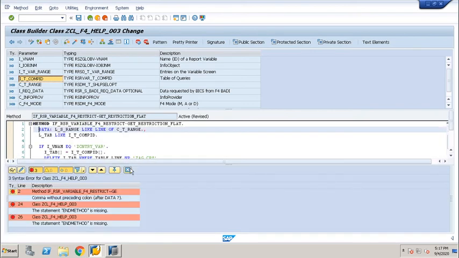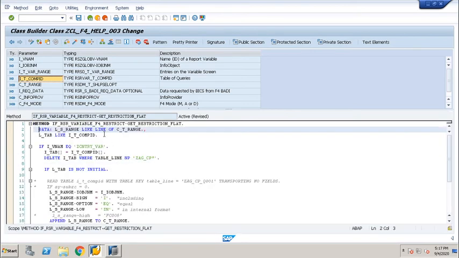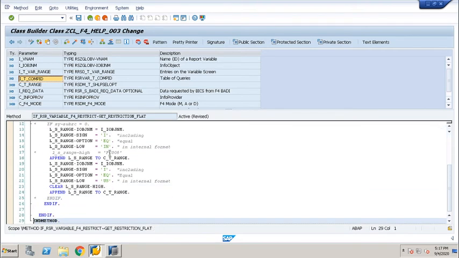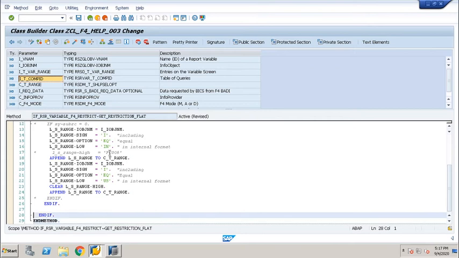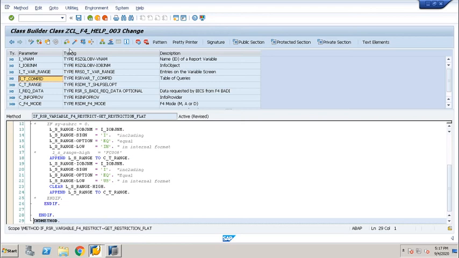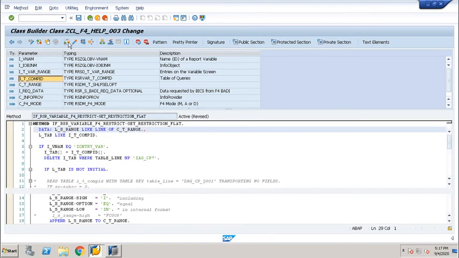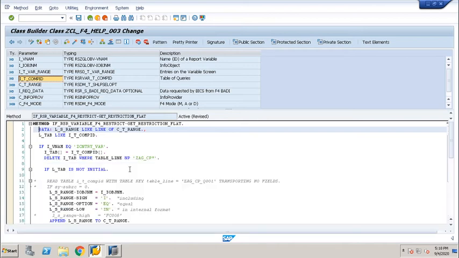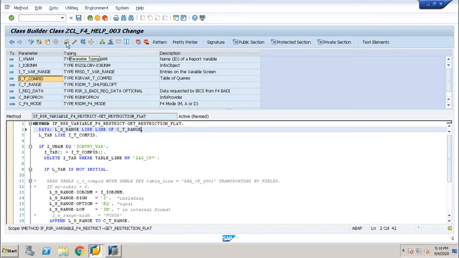Okay, something is wrong with this method. I have to check the LTAB file name. End of the method, and if two ifs are there, there is a comma after data. Okay, so some mistake was here.